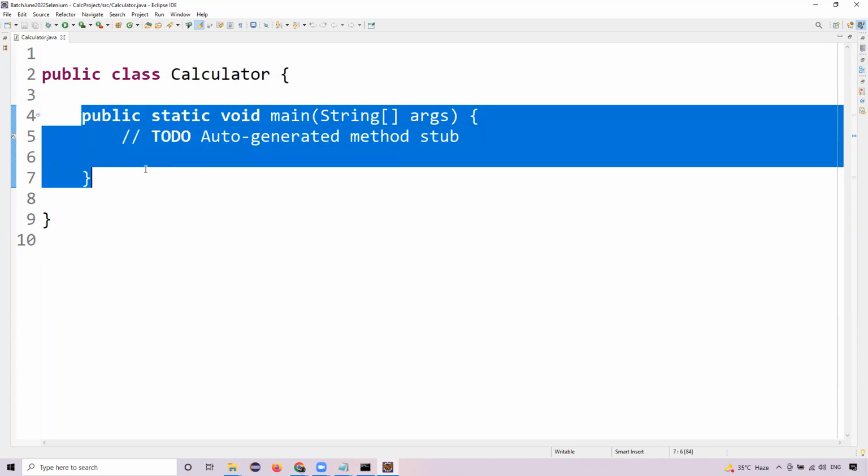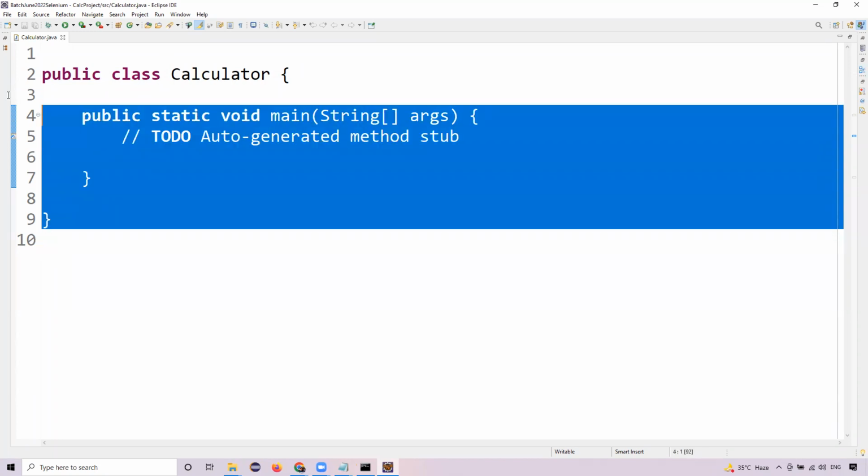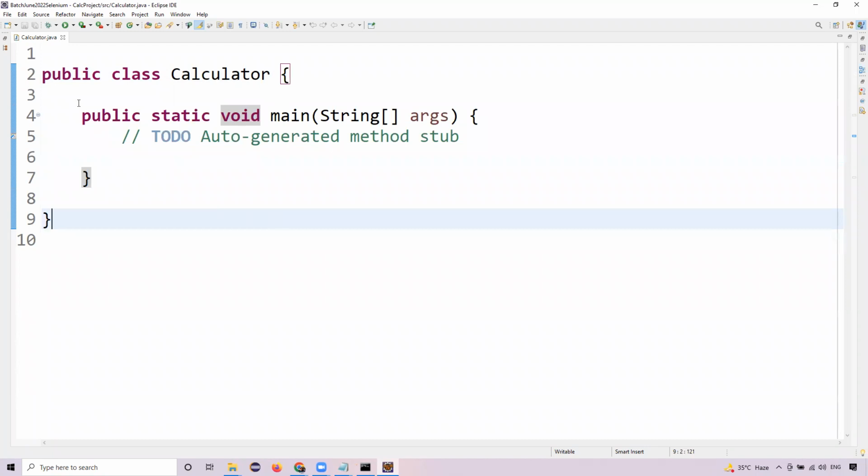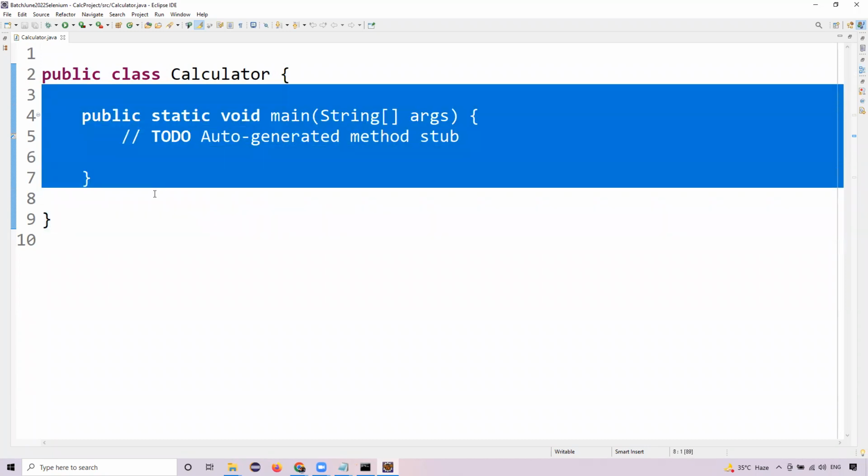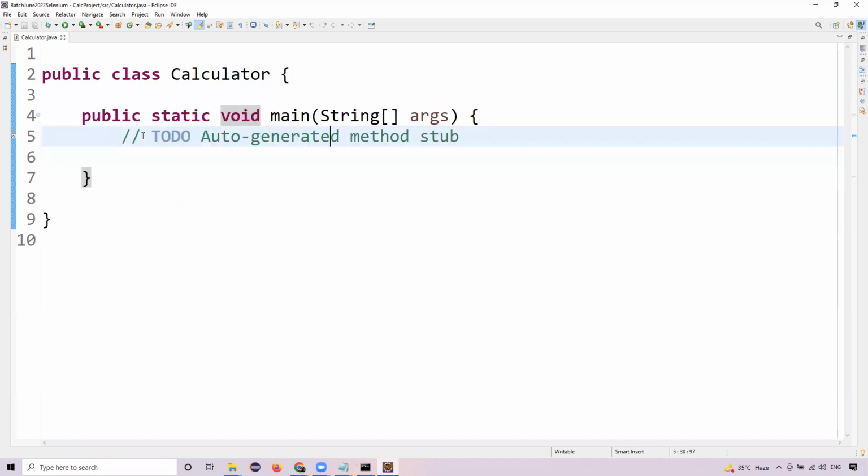to a method. This thing is a method. This thing is a class. This is the main method. By default in Java, in case you need to execute anything, it has to be inside this main method. For example, let's say